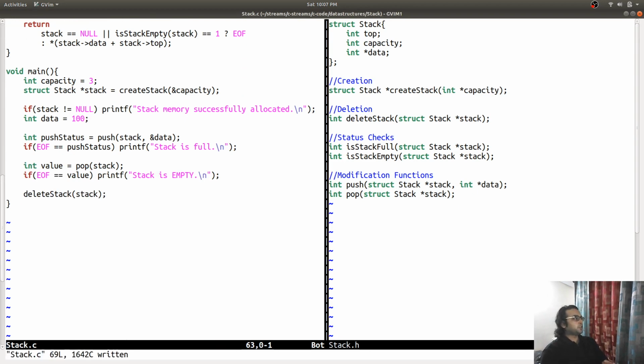But there is no data inside the stack right now, so this error is not going to come.